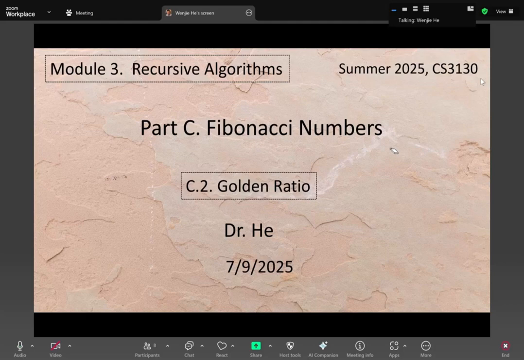All right, if you have any other questions, just let me know. Then on Wednesday, I will talk about the content part. Today, first, let's complete C.2. Then we try to complete part D. Then we finish module 3.